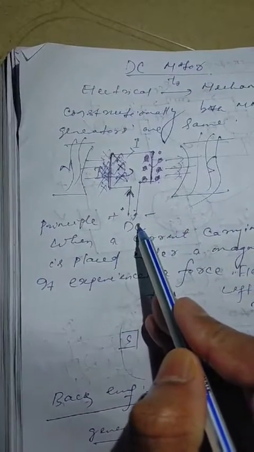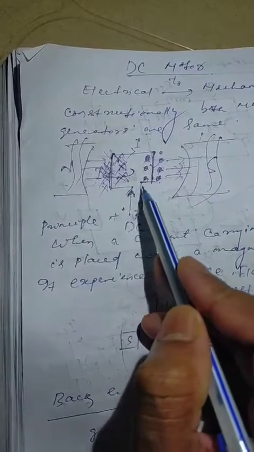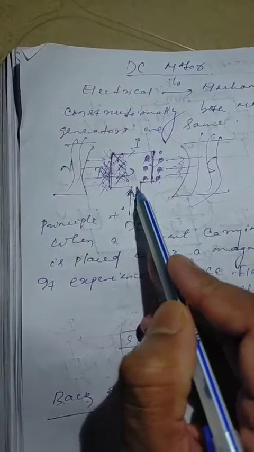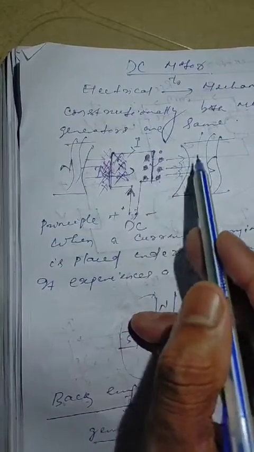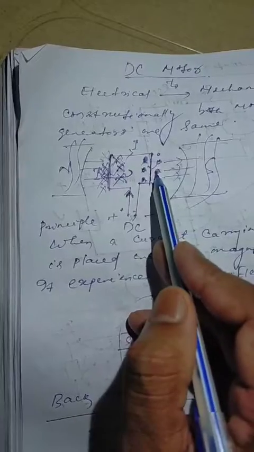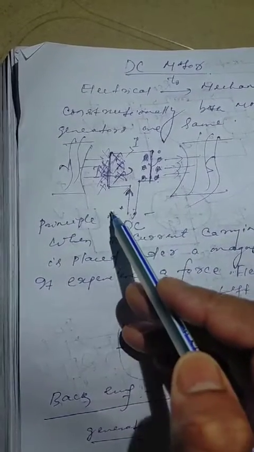The cause is the supply voltage. So here first you have to give the supply. Due to that supply the current is created. Due to that current, this will be a current carrying conductor. Again, the current carrying conductor under a magnetic field will be rotating. Once it is rotating, again there will be induced EMF in this one, like in your generator.